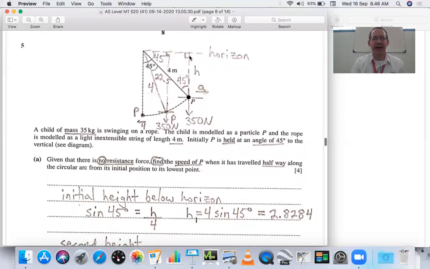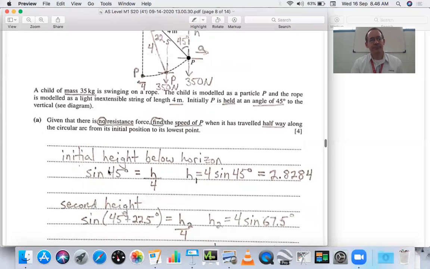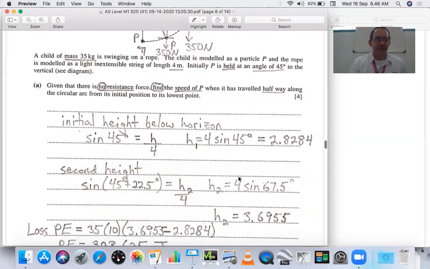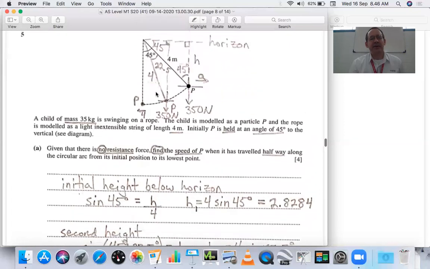Solving that where the hypotenuse is 4 gives us 2.8284 meters below the horizon. The second height, at our halfway point, would be the 45 plus the 22.5,